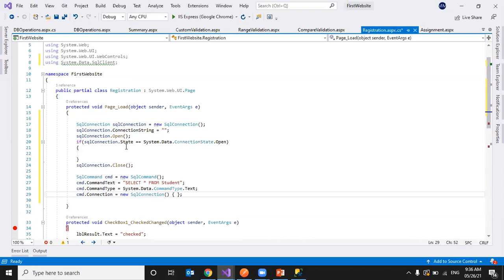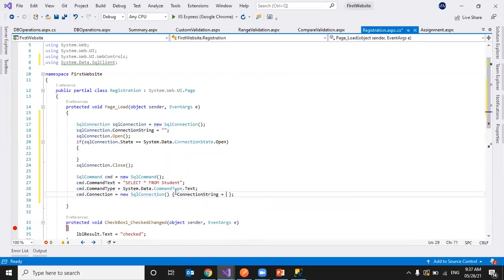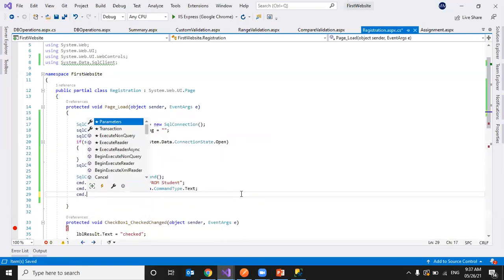Like this also, we can remove all this code and specify it this way. We can open the connection here and we can execute the command. That we will see while writing the disconnected architecture code. Now we will execute the code with ExecuteNonQuery.